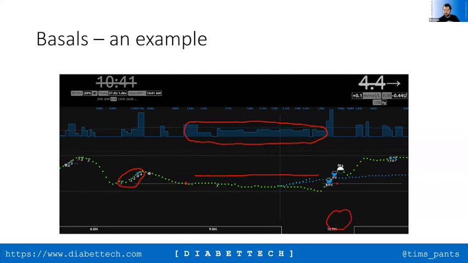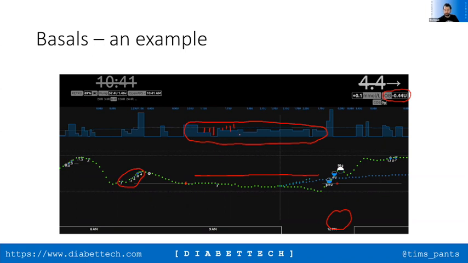We also mentioned that the IOB here is negative. So the question is, is this a basal rate issue or is it a DIA issue? Now, this is actually an example from me, so I have the advantage of knowing that my DIA is pretty well aligned, and that during this period where there wasn't any food, the glucose levels remained below the target and didn't ever come back up to target, in spite of the loop trying to drop the basal insulin here to help it come back up to target,